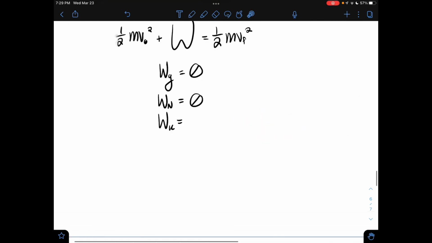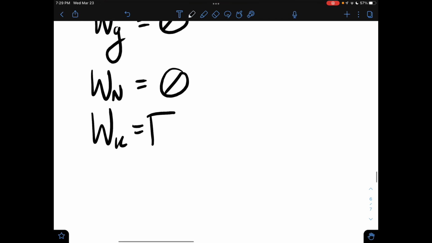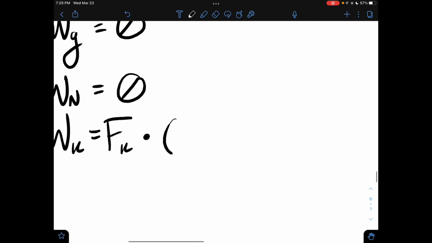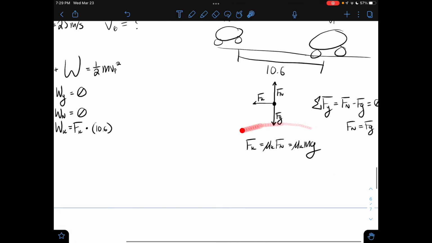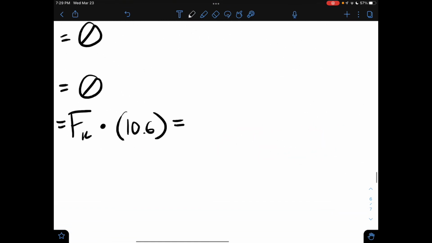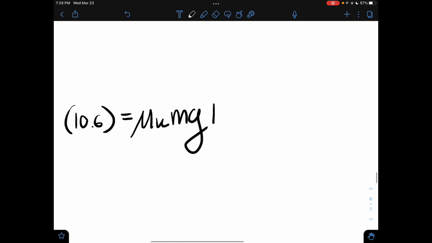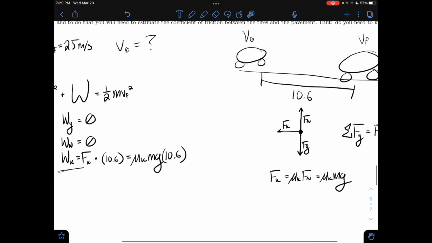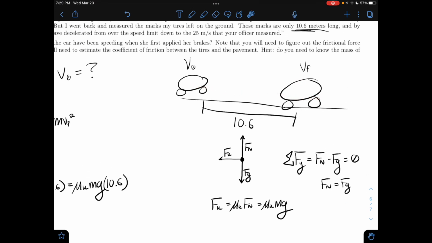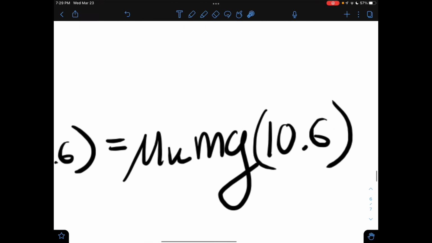So we have a force from friction, right? Because our work from friction is going to be force times our distance, which we said was our 10.6. So we have our force from friction now, right over here. If we plug this in, it's going to be mu k mg times 10.6. That's going to be our work from friction. But now we think about positive or negative, right? The car is going in this direction, our friction's acting in this direction. So here's our displacement vector going to the right, friction's going to the left. They're going in opposite directions, so it's going to be